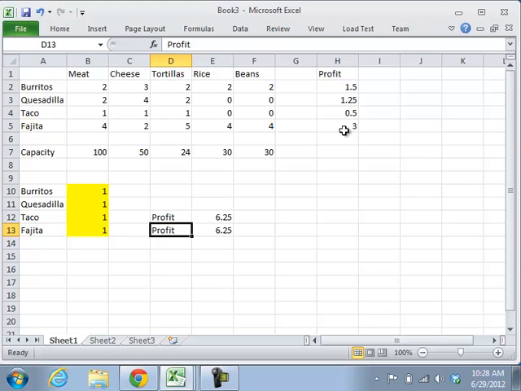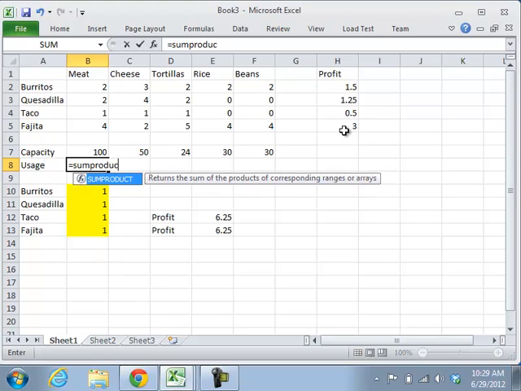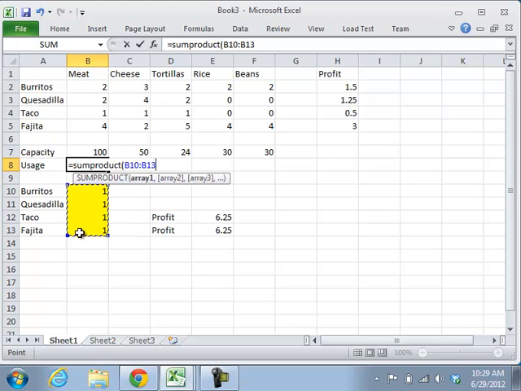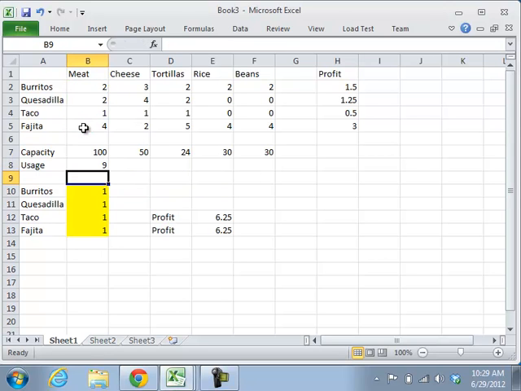Okay, so I know how much I'm going to make. Let's figure out how much of each item I'm using. And I'm going to put it up here so everything's close together. So my usage for meat is equal to the SUMPRODUCT of my decisions times the meat usage per decision. Got it? And it will be the same thing for